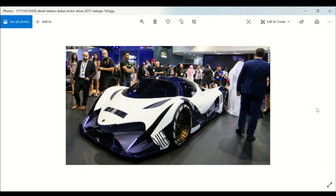Now, when it comes to the first, the plan is to offer the Sixteen at 3 levels. The entry one for $1.6 million, powered by an LS V8 turbo built by Stephen Morris engines, tuned to 1,500 horsepower, and that's going to be offered at $1.8 million. And then the V16 Club with 3,000 horsepower on tap. Now, this is a car that should easily do 320 miles per hour. And then there's a 5,000 horsepower racing car, which could cost $2 million,